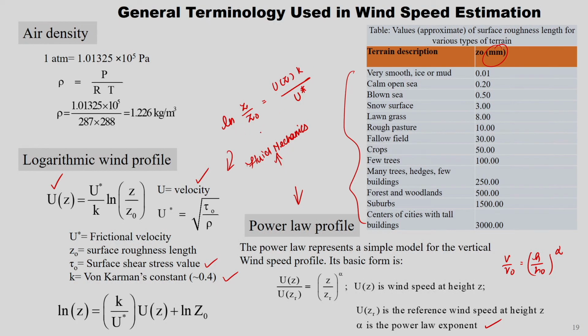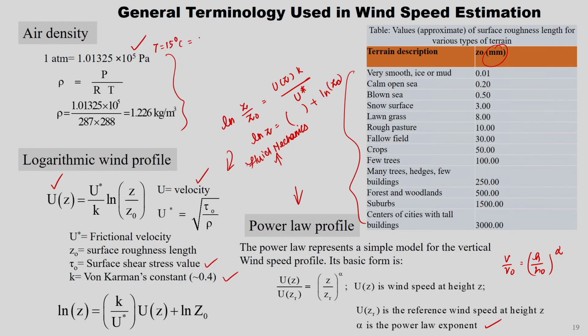So, if you want to calculate ln Z naught, this particular term plus ln of Z naught gives the y equal to mx plus c form. From that also one can find out Z naught by graphical as well as by pen and paper. Apart from that, there is the air density calculation at 1 atmosphere and temperature of 15 degree centigrade,